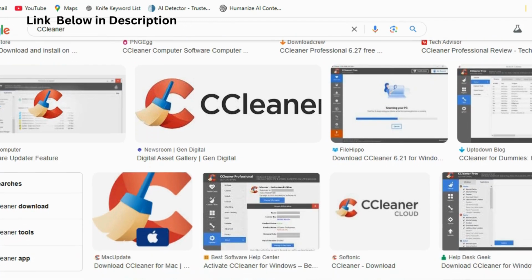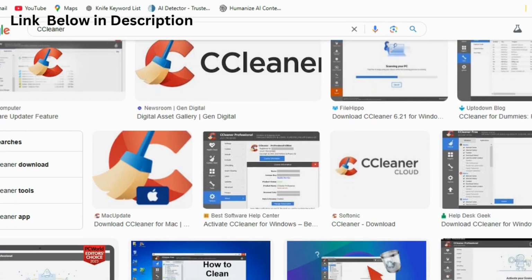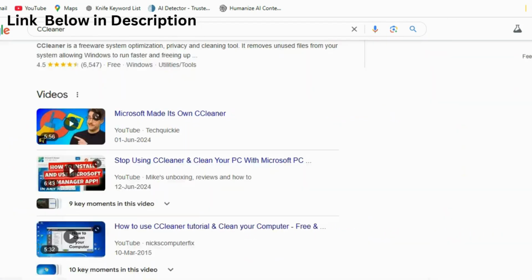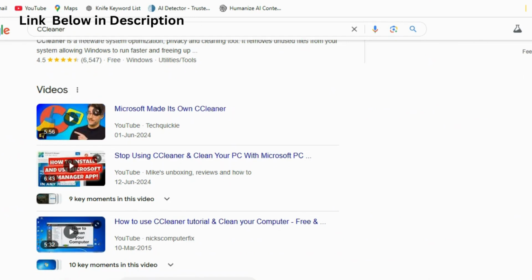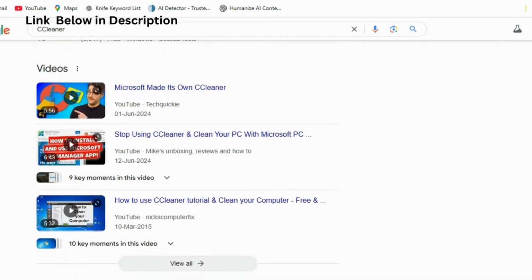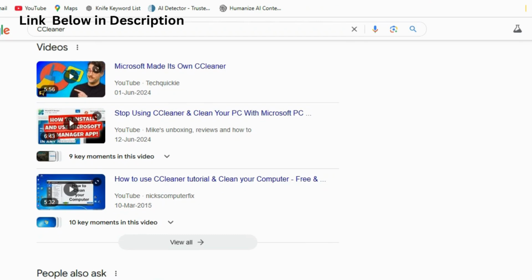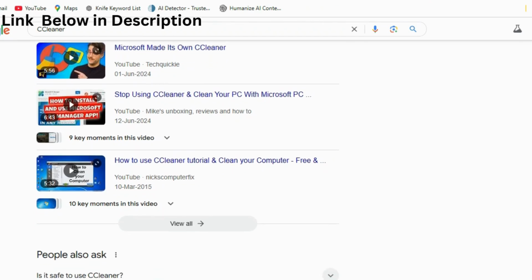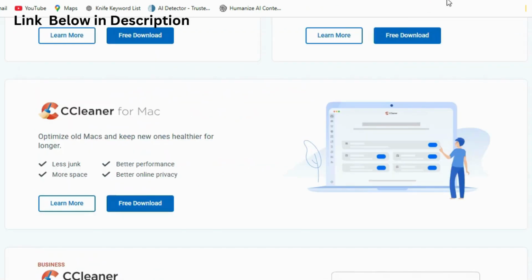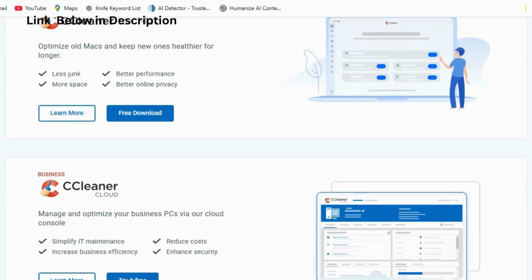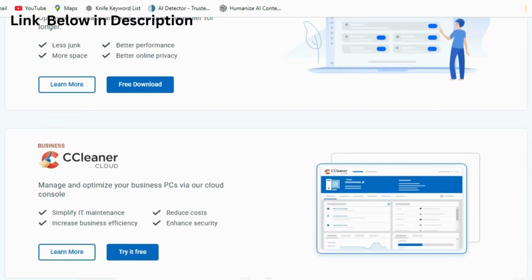Additionally, the free version of CCleaner provides users with essential tools, while the paid Pro version offers advanced features like real-time monitoring, automatic updates, and scheduled cleaning for added convenience. Overall, CCleaner is an effective and reliable tool for anyone looking to maintain their computer's performance and keep it running